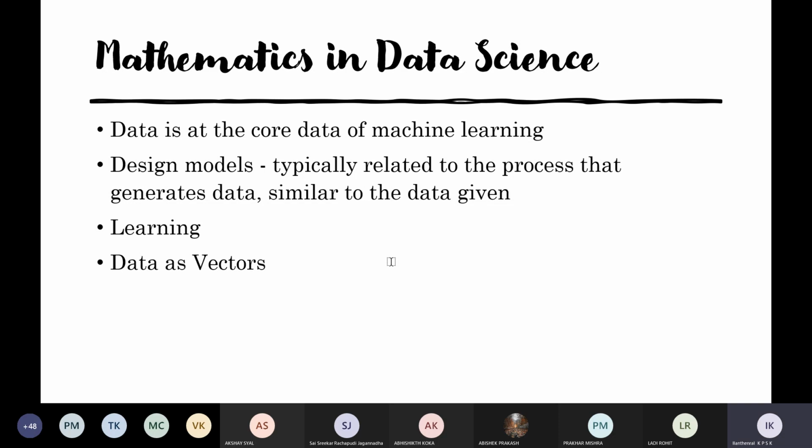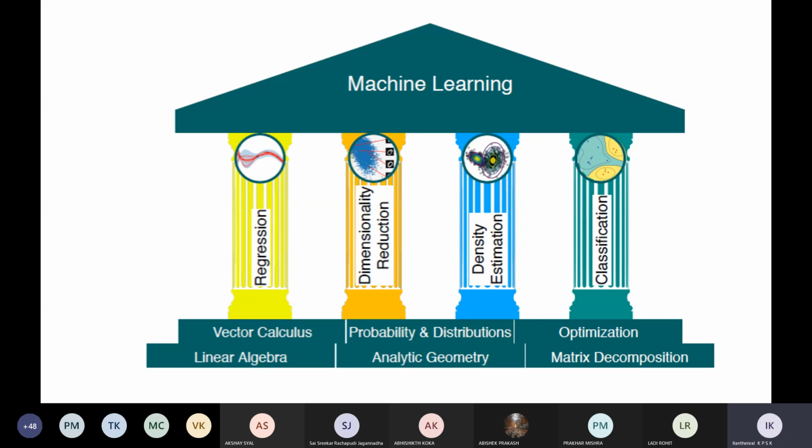So whatever picture I'm projecting here on the screen gives you the basic idea of the foundations and the 4 pillars of machine learning. The first most important part that you have to understand is the basis, the foundation. I already repeated it, and I'm repeating it again: we have a numerical representation. That numerical representation is going to give all your data as vectors, and these vectors are going to be represented as a matrix.